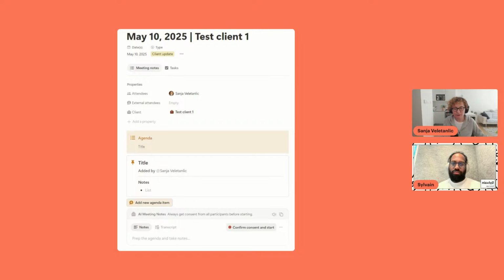This is a new feature. You can be in any page in Notion, add this block, turn it on, and of course, if you have the consent of all the participants in the meeting, Notion will listen to that meeting and then create a summary and a transcription for it. I tested it over the past few weeks, and I think it's really great to have it there inside, so you don't have to pull that information from somewhere else.